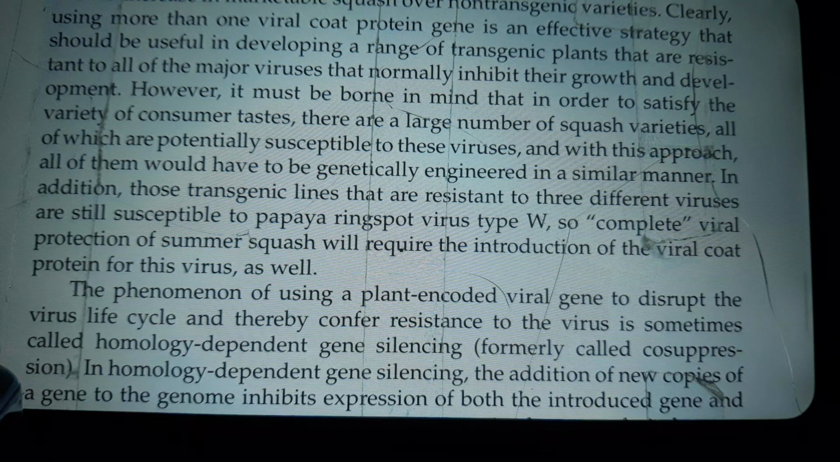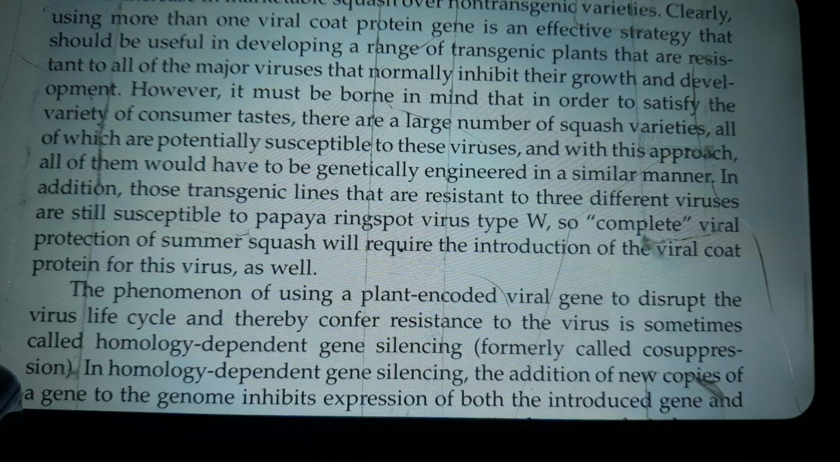However, it must be borne in mind that in order to satisfy the variety of consumer tastes, there are a large number of squash varieties, all of which are potentially susceptible to these viruses. In this approach, all of them would have to be genetically engineered in a similar manner. In addition, those transgenic lines that are resistant to three different viruses are also still susceptible to papaya ringspot